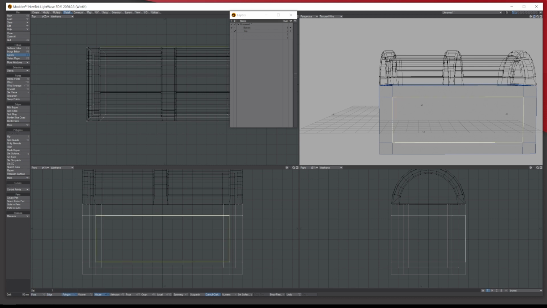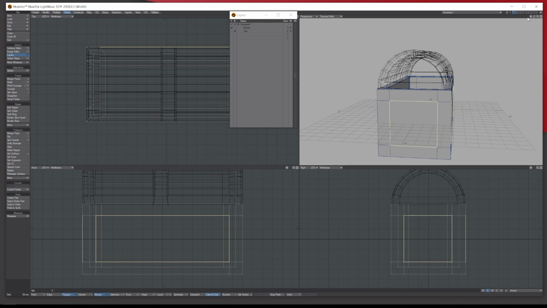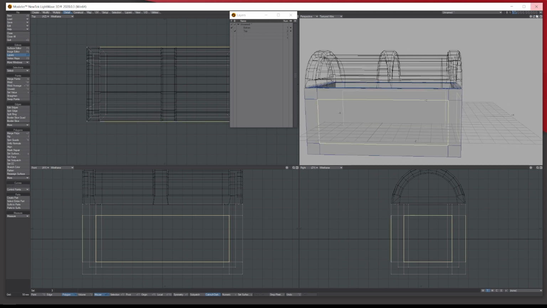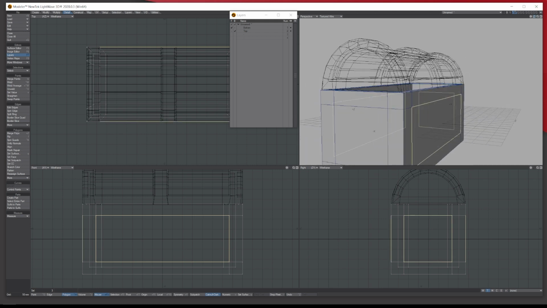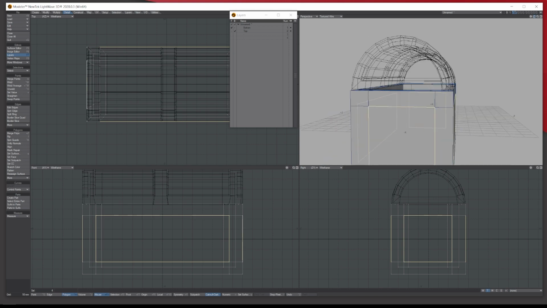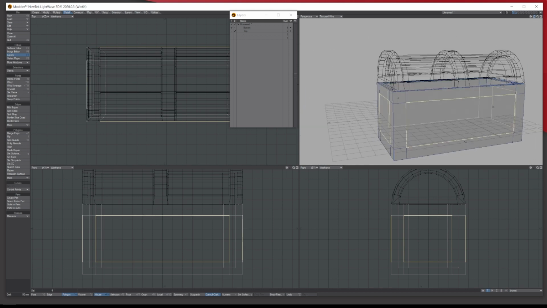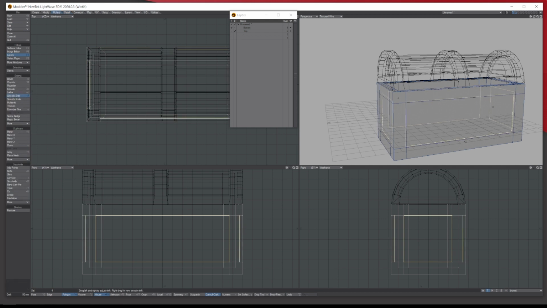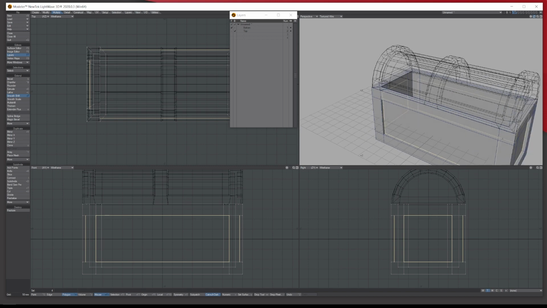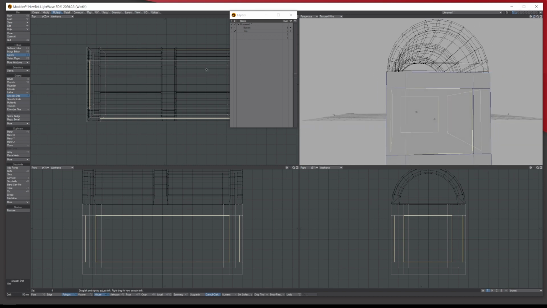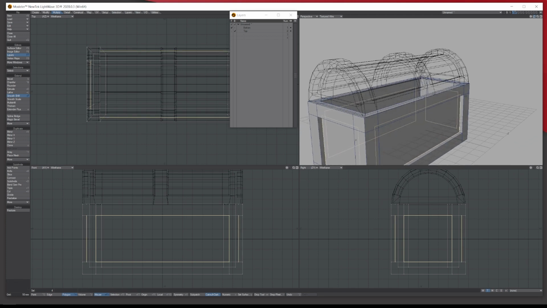Let's select these panels here. This is going to be the wood, like so. And I know the edges aren't all perfect because I'm doing it quickly. I'm not doing it dead on. So we've got this. Again, let's go back over to multiply, smooth shift, and let's drag it in a little bit. I don't want this to be dead deep. Let's have a look.